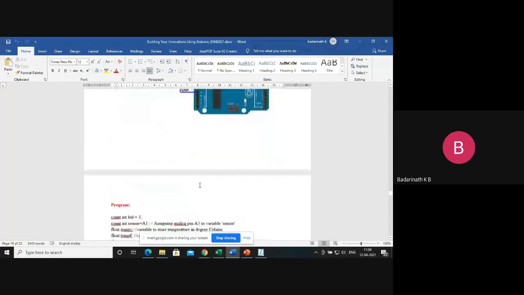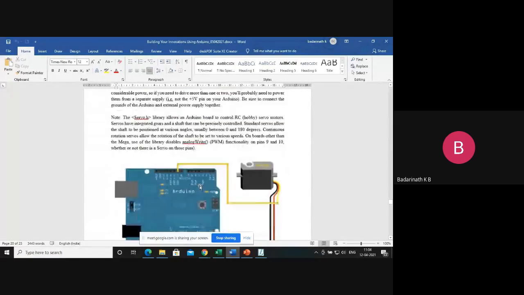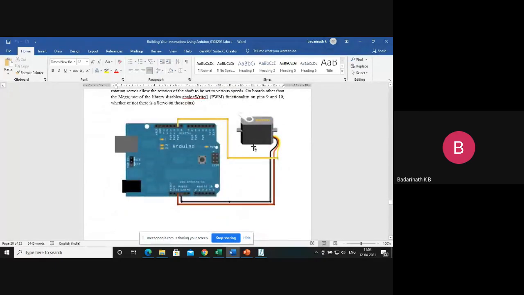So one of the very commonly used devices in the digital world or embedded world is called the servo motor. What is a servo motor? Servo motors have what is called a shaft. You can see the shaft here. I can control the angle at which it rotates. The DC motor is a continuously rotating motor. In a servo motor, I can control it: let's rotate the motor 0 degrees, 10 degrees, 20 degrees, 30 degrees, like that. These are small digital servo motors which I have taken for example. In this servo motor, I'm able to control the rotation from 0 to 180 degrees.